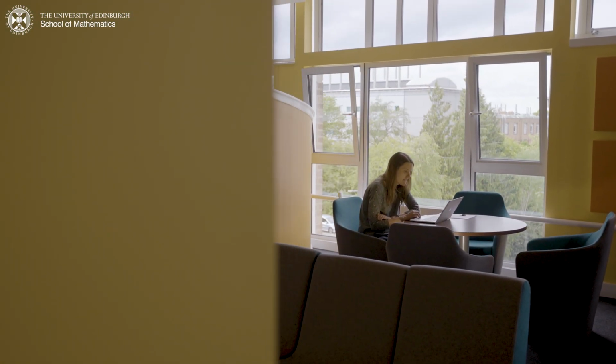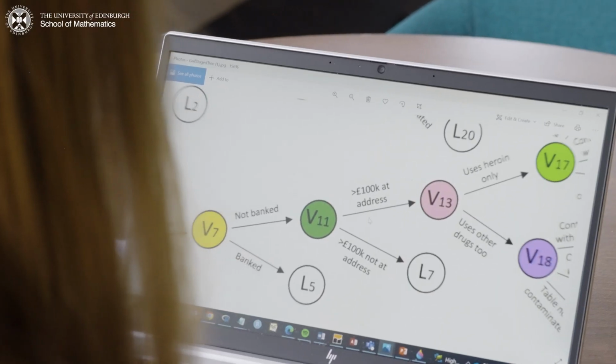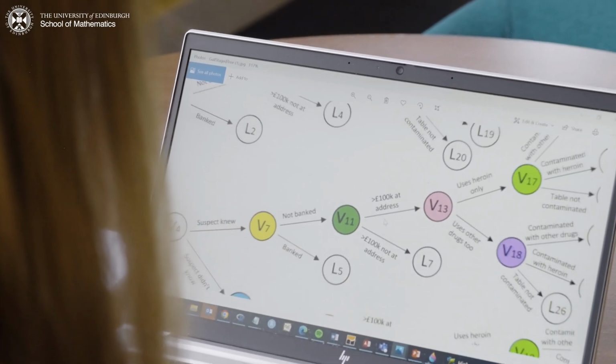I'm Dr. Amy Wilson and I'm a lecturer in industrial maths and also an applied statistician. And one of the key areas that I work in is forensic statistics. One project I'm working on at the moment is at the Turing Institute in London, and we're looking at methods